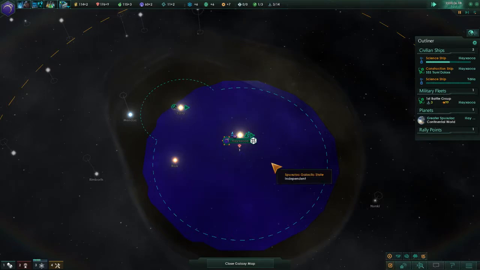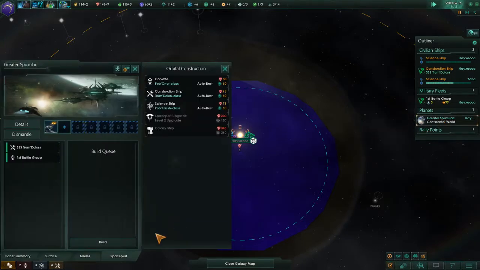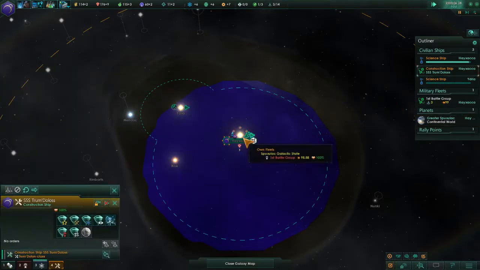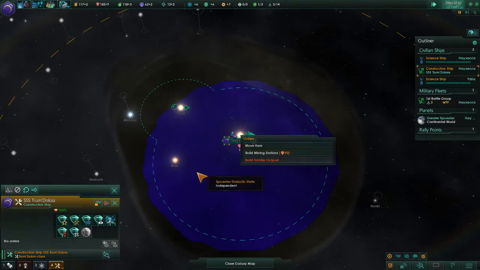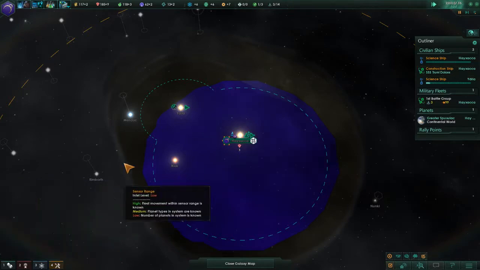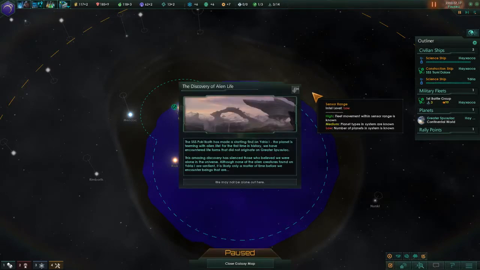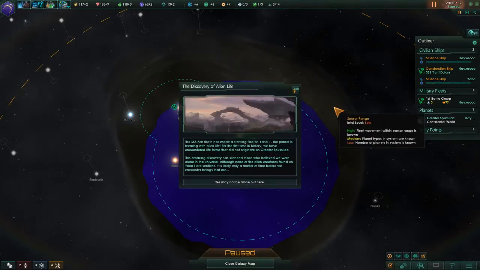That's a question. So how much is the colony ship? 300 and something? 75? 45. And how much is a mining station for us? 90. And then it will increase our output here, but it will cost us energy. I think I want to take the colony ship first. Right,